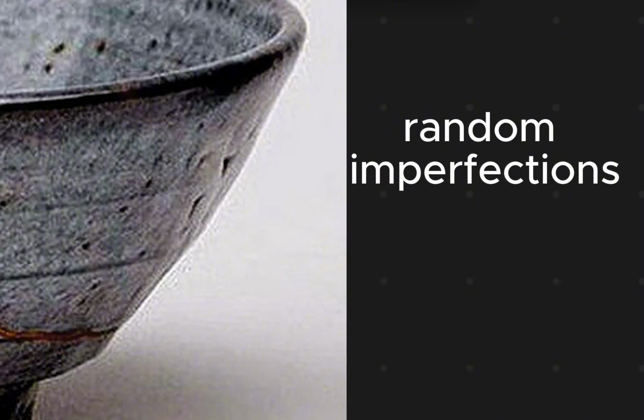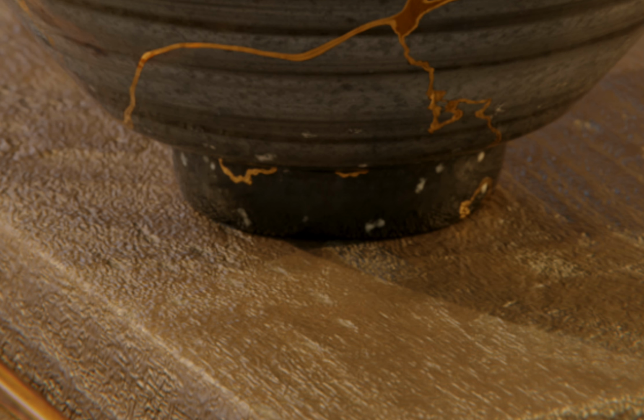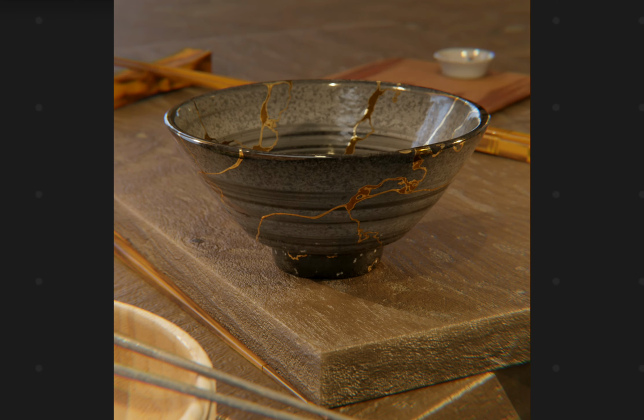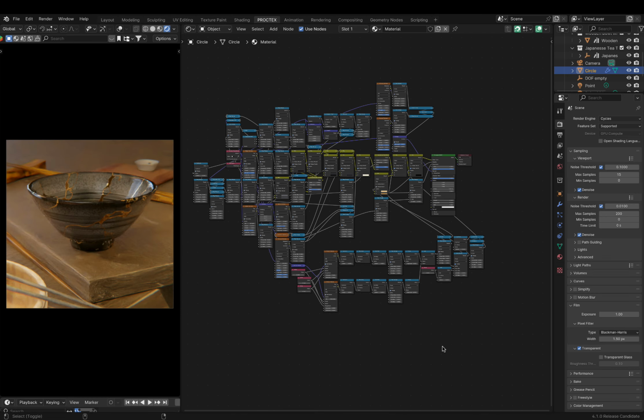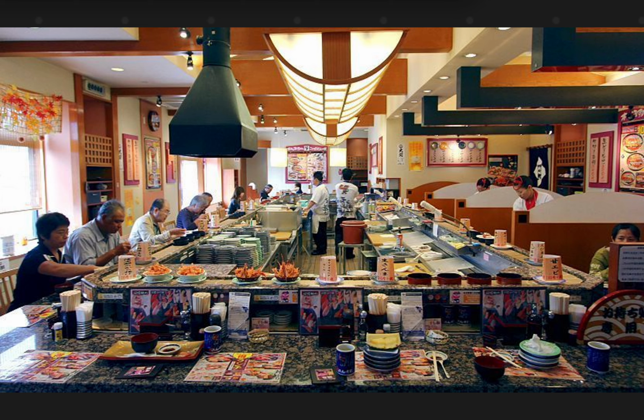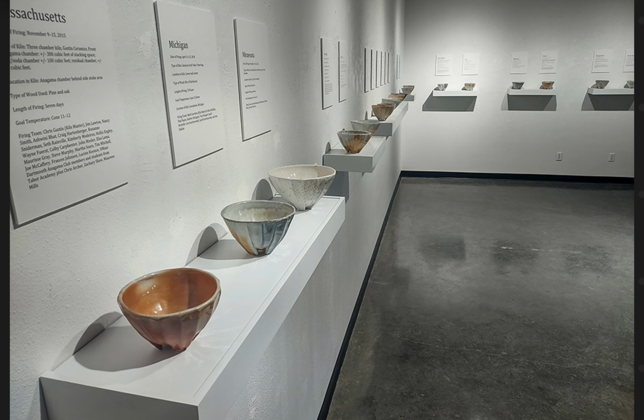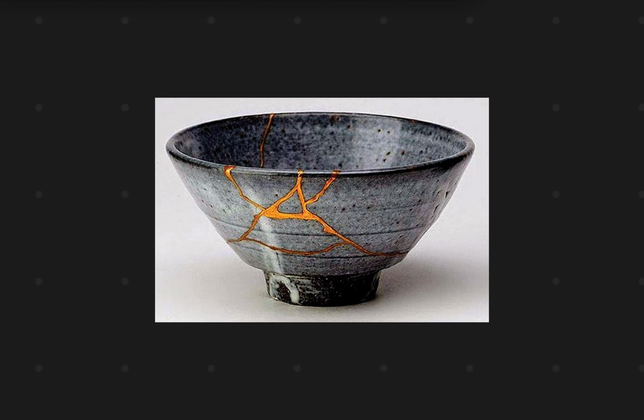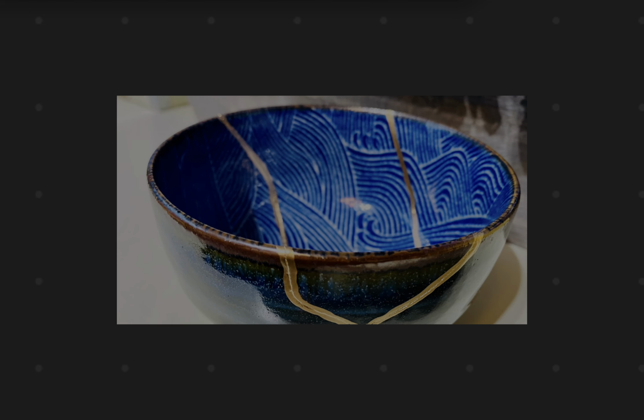Let's start with the detail. Stuff like these random dots we see in our reference can be made with simple Voronoi noise. Along with these white dots near the base of our bowl, we can really add as many imperfections as we want to the shader. With each addition, we change the story of our bowl. For example, we can add slight chips and scratches to our surface to make it feel like it lives in a sushi restaurant, or make it feel like a pristine museum piece, full of history. These details can both add realism and tell a story, and that's why I had so much fun making the